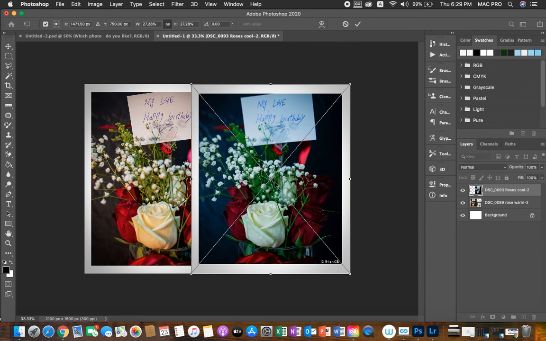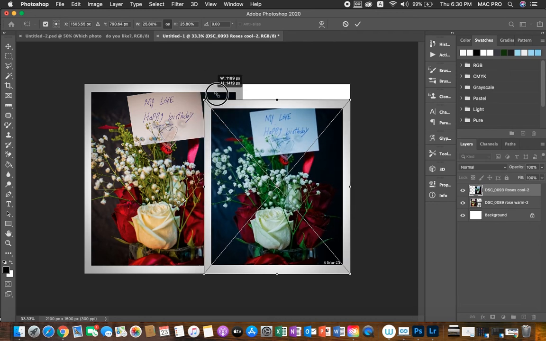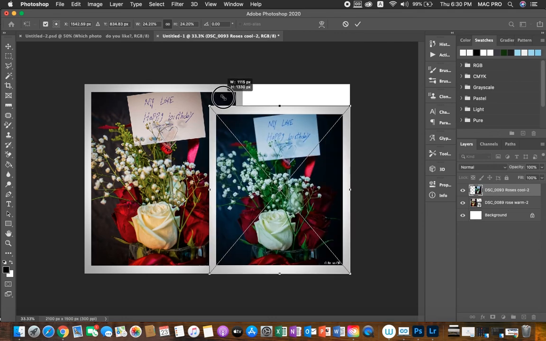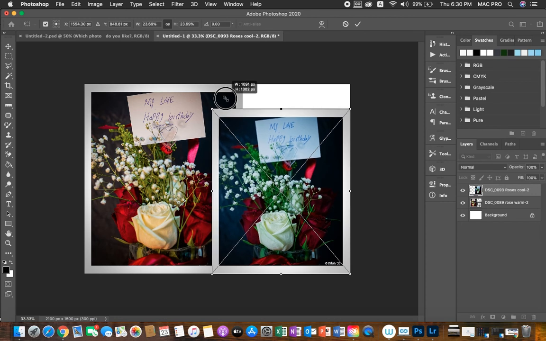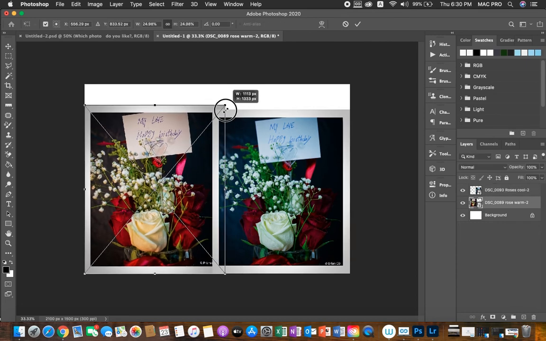That's it. So what we are going to do now is adjust these two photos and put this in the center. Where is the center right now? Actually, I don't know where the center is right now. And then this one too